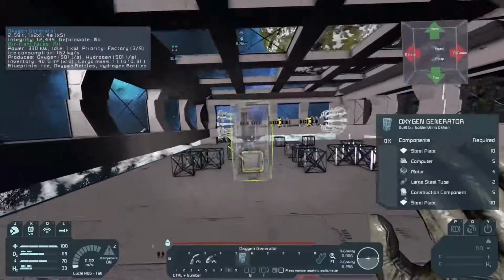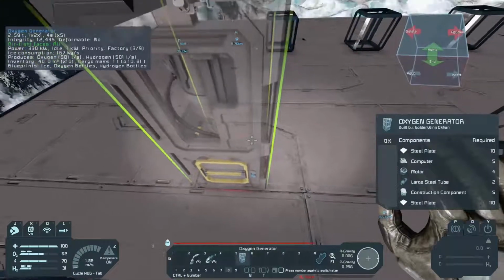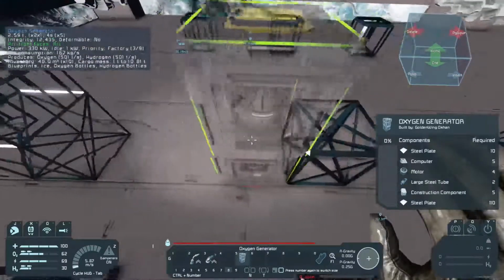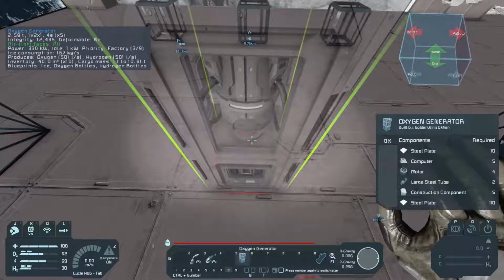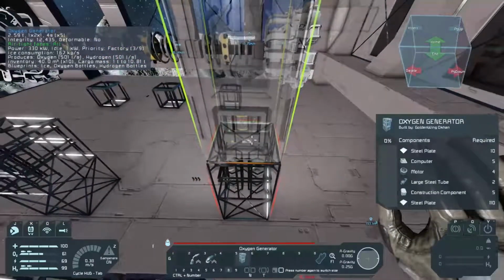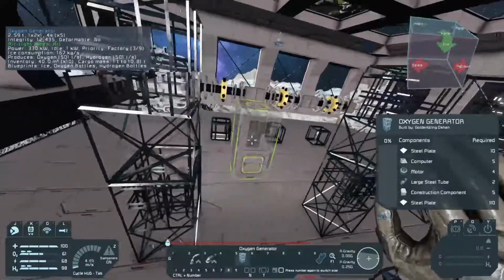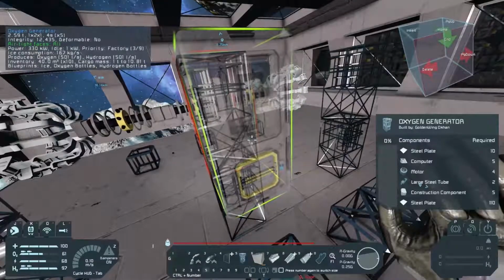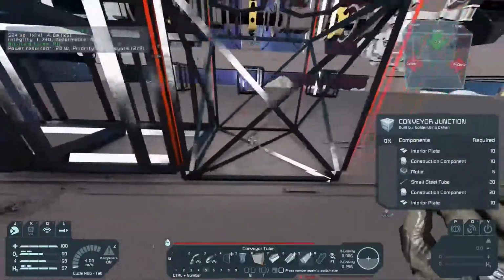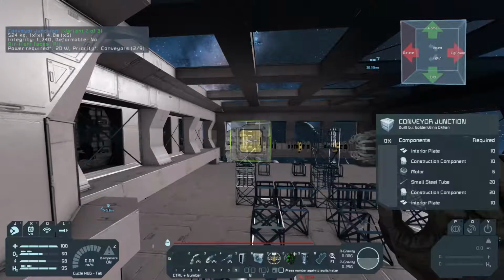Now, we want to do that over here too. Knock you out. No. Yes. Put you there. You there. You there. We'll rotate this back. Stick you guys on top. Like that. And then our conveyors can connect between. Okay. Now, on top of those, we're going to put